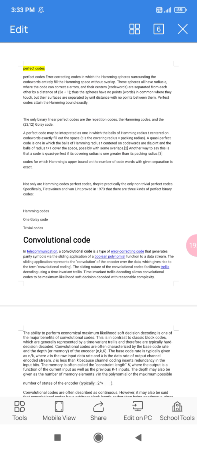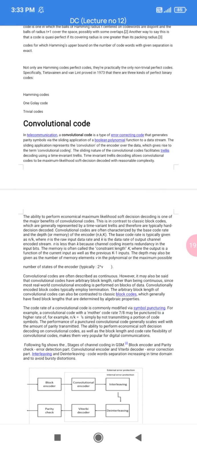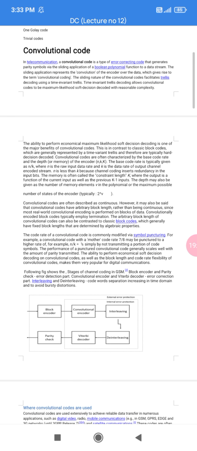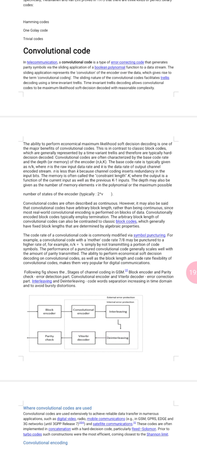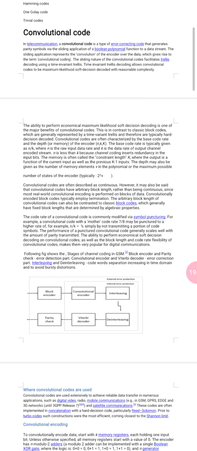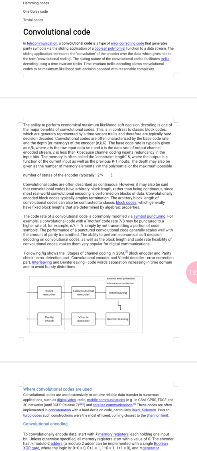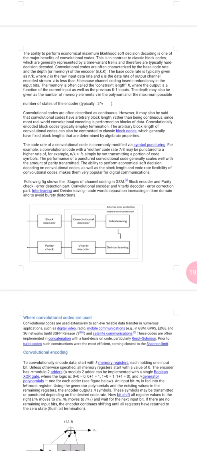In today's lecture, we went through perfect codes. What is a perfect code? What are the types, right? After that, we saw the convolutional code. In that, we saw what a convolutional code is and what the applications are. After that, the block diagram for the stages of channel coding in GSM.